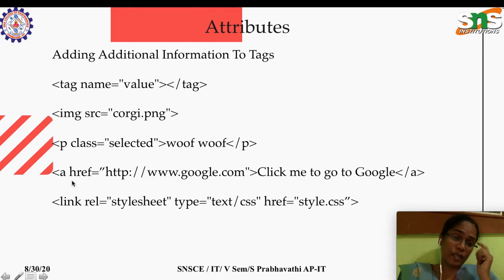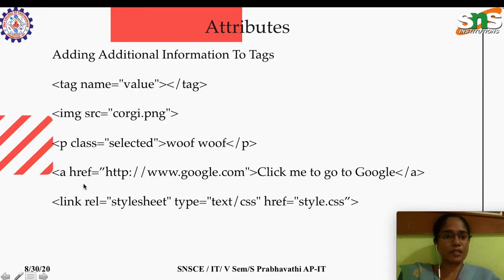And anchor element, so anchor element is used to give the hyperlink, which has the attribute href is equal to the link. So here, click me to go to link. If I click here, it will take us to this href's location. And we have one more element called link. So to attach an external file to our main page, we can use this link. So this is the way of linking our style sheet to the page. Okay, this also in depth you will be studying in the client side scripting languages, in your second unit.